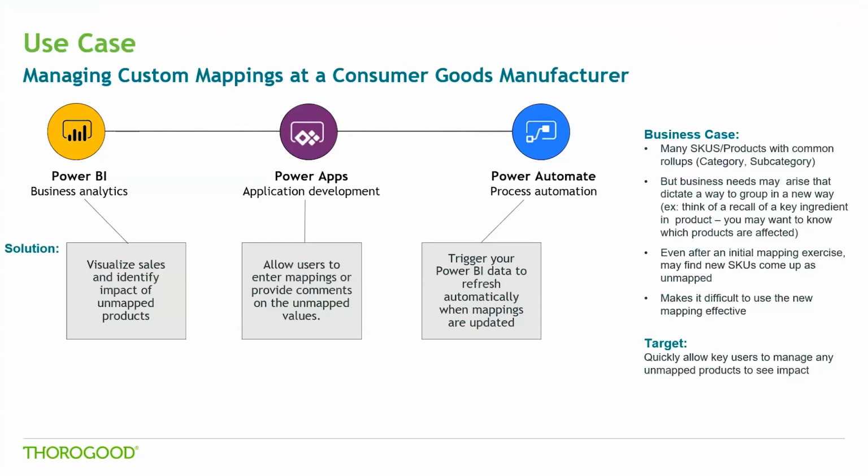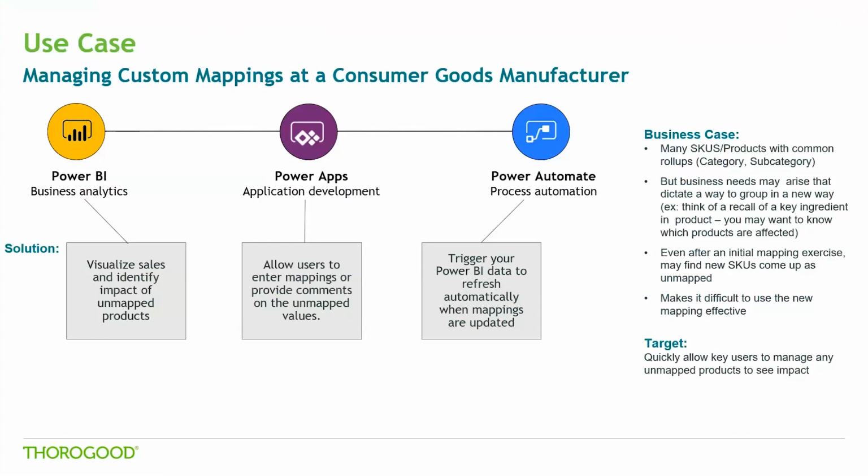So in this solution, what we'll talk about is a Power BI report, which uses that master data as the source and shows you an unmapped list of products. We'll also embed a Power App within the Power BI report and show how we can edit the mappings and commit the changes back to the data source. And Power Automate will come into the picture to identify and update the Power BI dataset every time there's an update to the data source file. So when you refresh the report in Power BI, you always see the latest data.